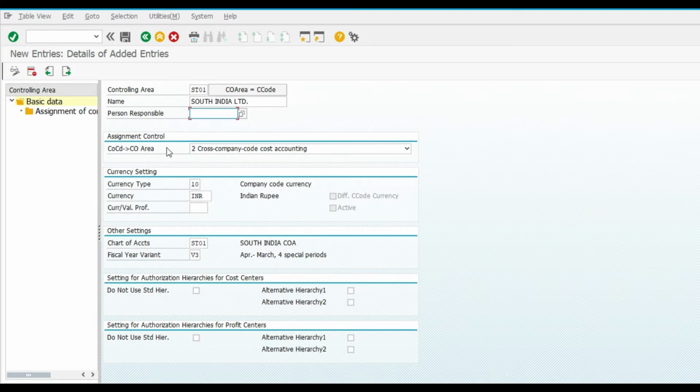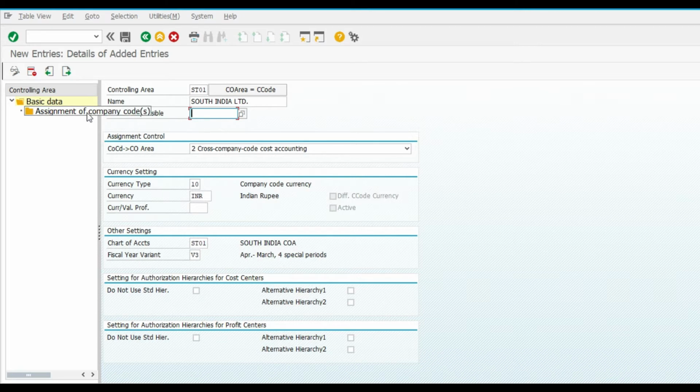Person responsible: any person we can assign, but note that if we assign a person over there, then only this person is able to make changes in the controlling area once we configure everything. So we are not going to assign any person responsible.